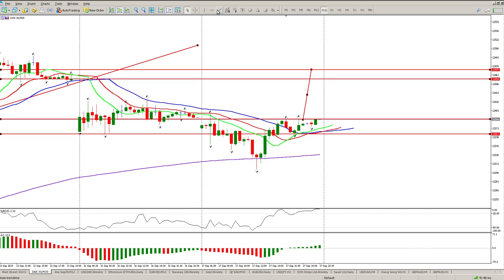Okay, now I'll just add one more line here just to make it really messy. That is our trend line, roughly. So this is our downward trend line here, which we've broken through. So it is also possible that we just come back to test the previous lows here, and you're probably going to find